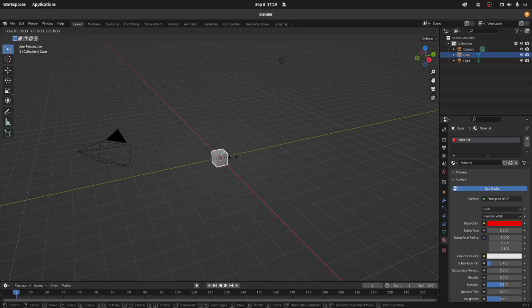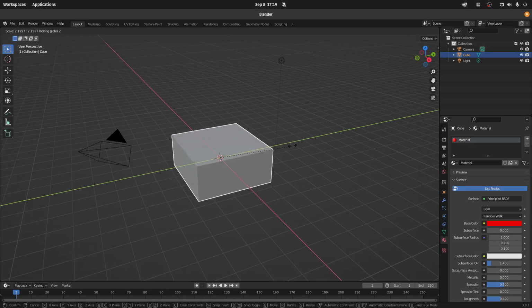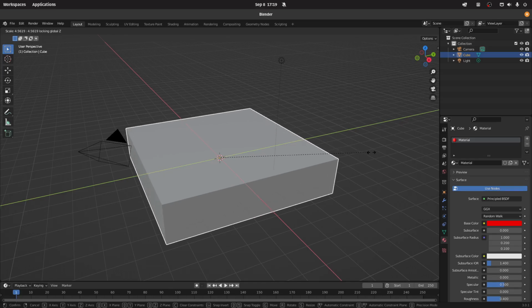What I want you to do is restrict the scaling so it's not happening on all axes, but only along the X and Y axes. So to restrict it to just the X and Y, we're going to basically turn off the Z axis, and to do that we'll press Shift Z. Now when you move the mouse around, you're going to see that it keeps the same height,